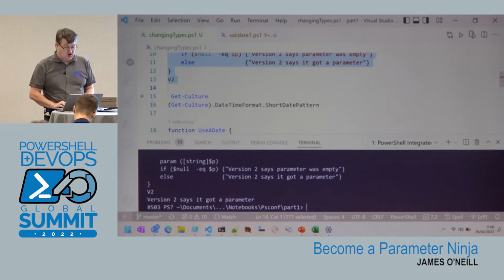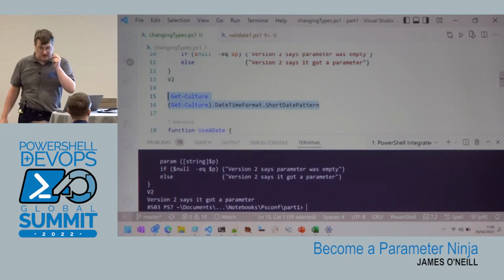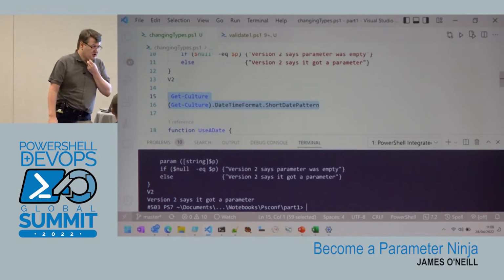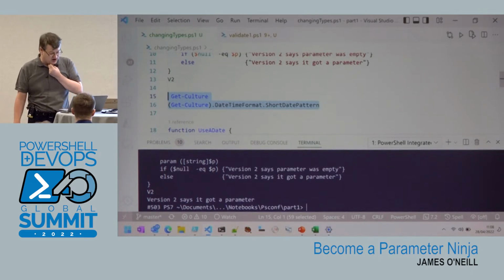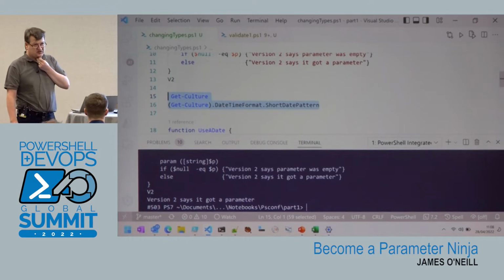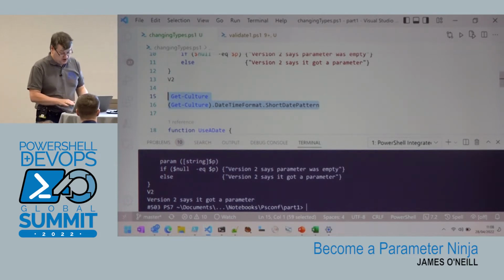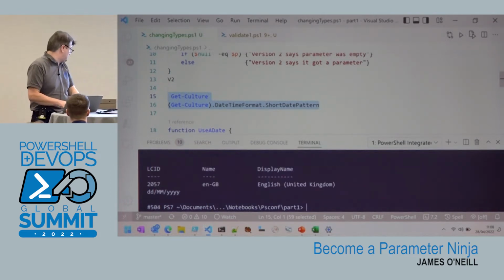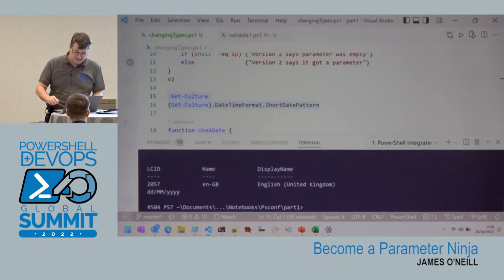Now, anybody here not from North America? Oh, good. Okay. You might have some idea what's coming here then. The rest of you who are from North America, you might like to think that when it comes to date formatting, you have won first prize in the lottery of life. Not because it is smart to put the least significant part in the middle, but because that's the standard for invariant culture. So my culture, I'm set for British English here, and I write the day first like God intended.